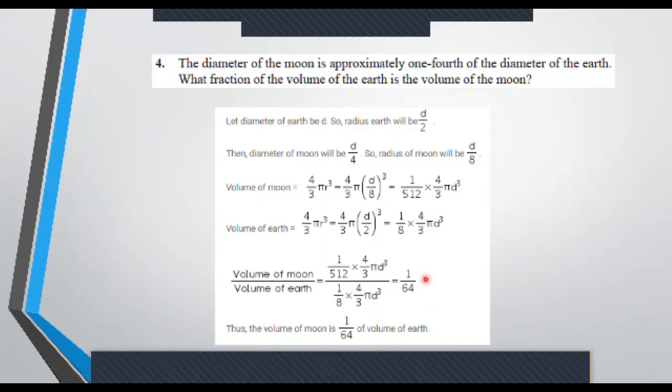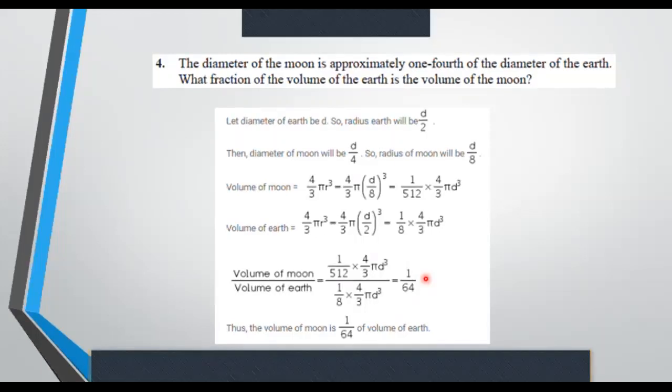But ma'am, I use a different way for calculation. Calculation is your way. We can cancel anything, 4 by 3, pi, anything is fine. Ma'am, I take the earth's diameter as x and the moon's diameter as 4x. Sorry, the other way around. The diameter of the moon is 4x, so the diameter of the earth is x. Yeah, that's how you do. No issues. The logic should be perfect, and I should be able to understand how you have worked out the sum. That's why maths is so universal. You can do it by many methods, but logically you have to be right.